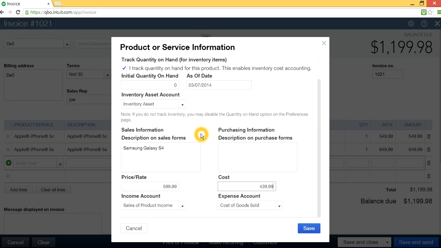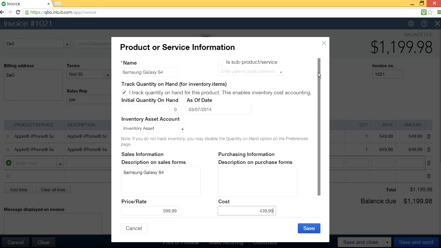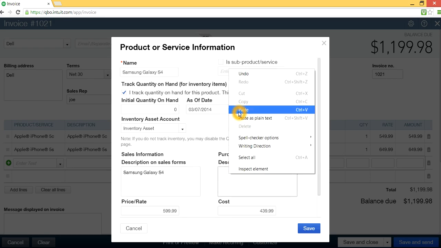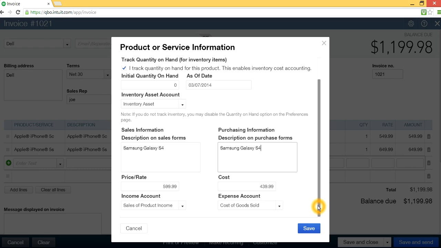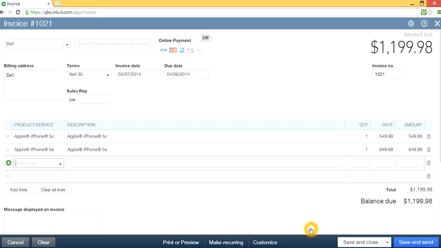So if you want to set up new product and services for invoicing, this is what you do. The first is product name, and if it has to do with selling inventory, you got to do it here. And here's a product name here, and you can just copy this and paste it here. This is when you want to place an order. This is the information you need. You may want to send out a vendor purchase order, so you don't have to type it again. It will print exactly like this. Or if they have a special reference number, you put it in here too. So basically this is about it. So once you click it, then you have created a new product code here. See right here. Okay, but